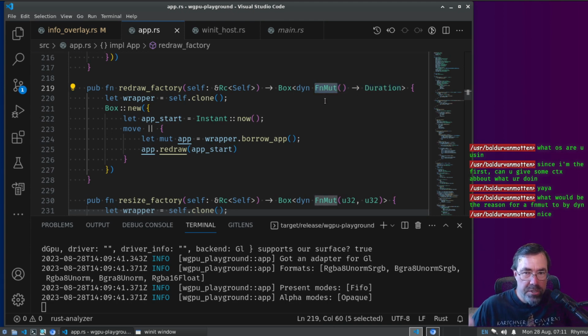So it's allowed to change itself. That's what all that means. The reason why I'm returning something on the heap which implements an abstract interface, which is a function that can change itself that returns a duration, is we need to be able to take this object and give it back to the main program, even though the main program